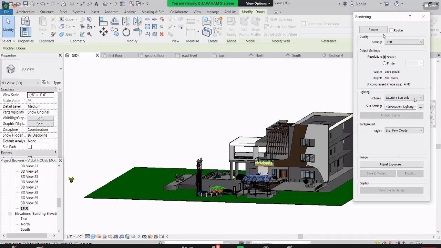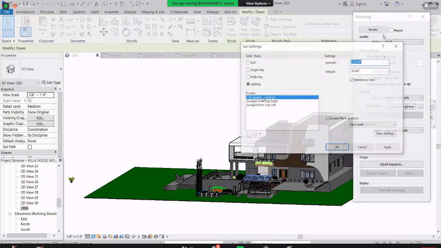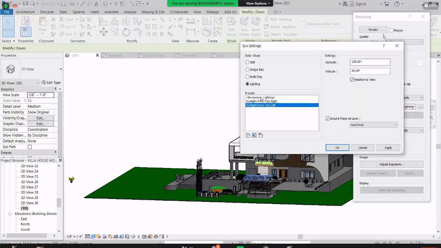And see here, we also have another option. Exterior: suppose you want to see some sunlighting, or artificial lighting. If you have some lightings in our building and you want to place those lightings also, at that time you can choose it. And if you want to use clouds, just click here on sun setting, and here we have the top and sunlight, from the bottom. And if you want to give azimuth, that means the bearing angle from true north, we call it azimuth.